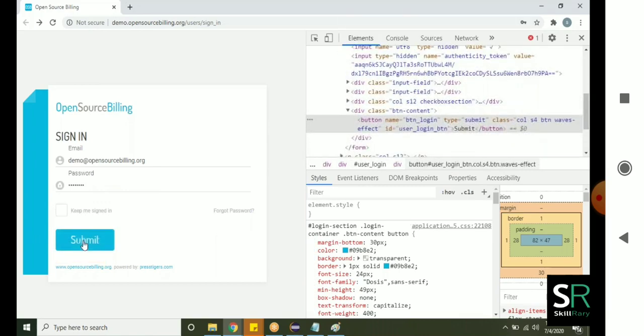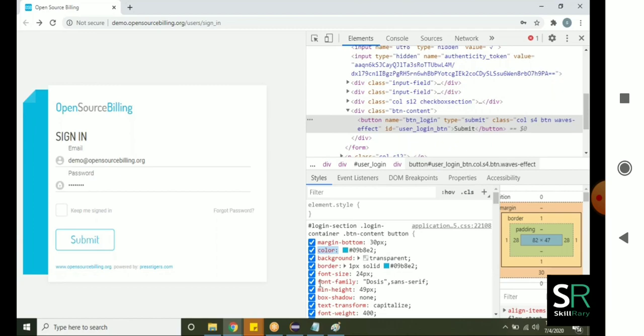Are you able to see it? When you inspect this, you'll get this. This is called the HTML developer's toolbar. Along with the HTML code, it will also display something under styles. Whenever they want to give any color for the buttons, they are going to use this color. See here, color, blue color. That is the reason it is displaying submit in blue color.